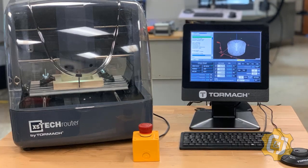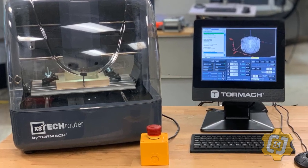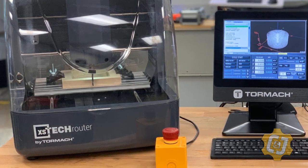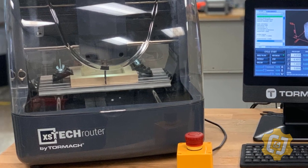Welcome to another video on the xsTECH router. Recently, several people have been asking us, so just how easy is this machine to set up and use? And I'm excited to say it's one of the easiest and most intuitive machines that I've ever had the chance